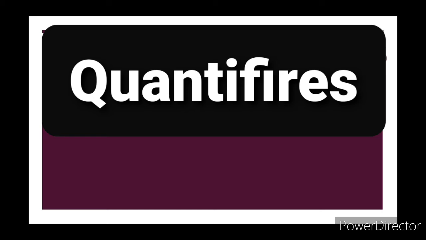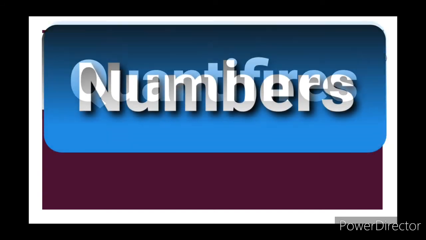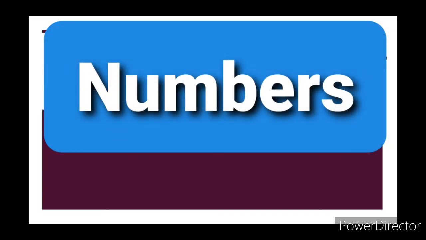So now next is numbers. Let us understand the number determiners. Numbers are also known as numericals or numerals, and there are two types of numbers, cardinal numbers and ordinal numbers. Cardinal numbers are 1, 2, 3, like 1 mango, 3 mangoes, and then ordinal numbers like first, second, third, etc. Now last is distributive